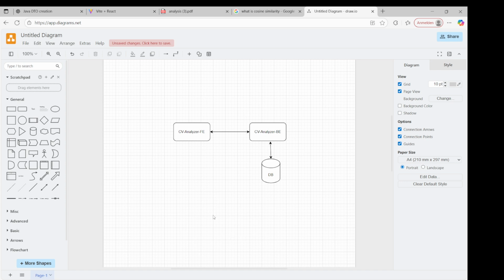Okay, this is a basic architecture like CV analyzer. I have a front end. This is a backend. This is a database. Okay. So via the front end, I'm uploading the CV and providing the job description, and then that data goes to the backend. Okay, and then the backend processes that data